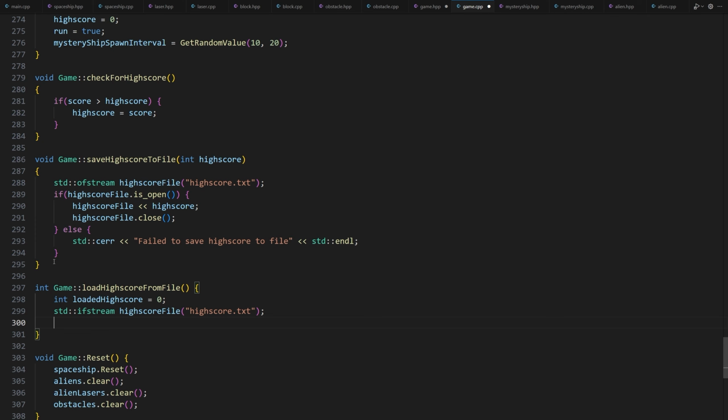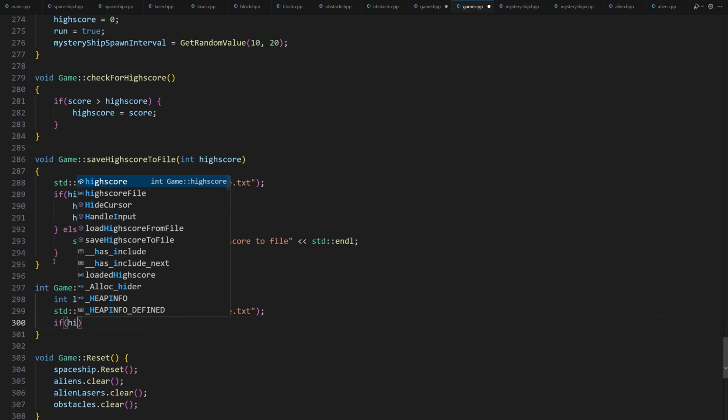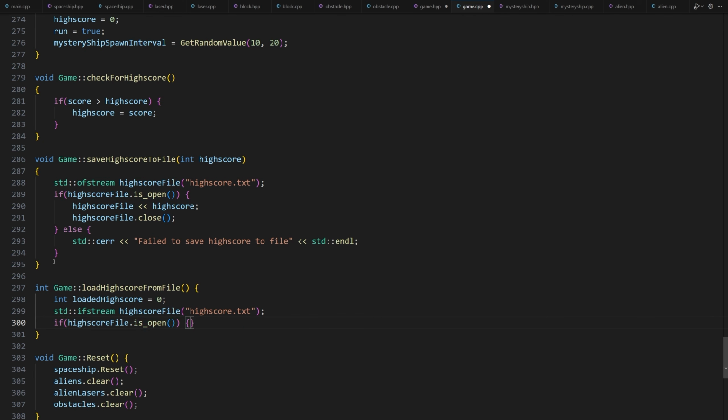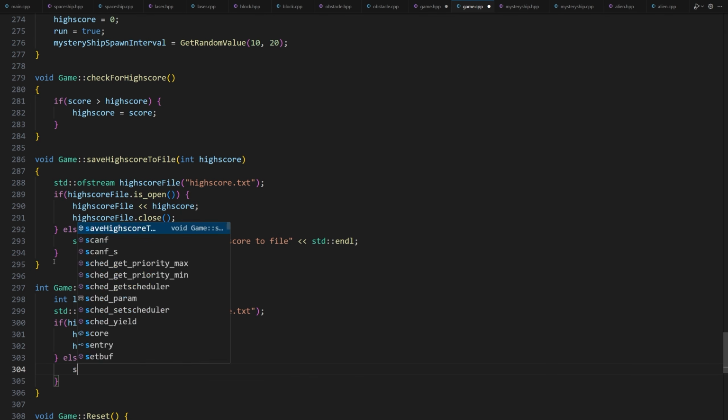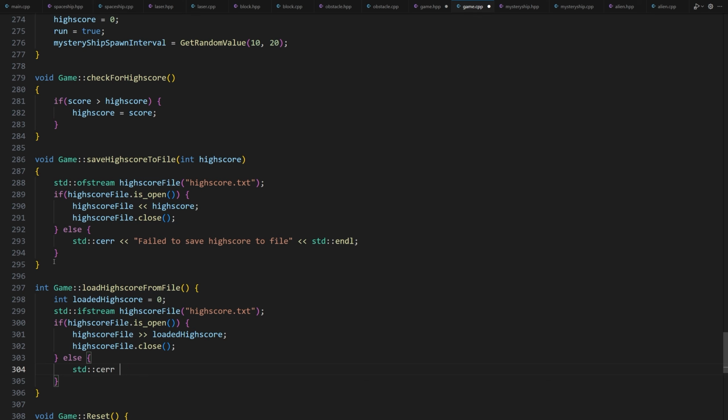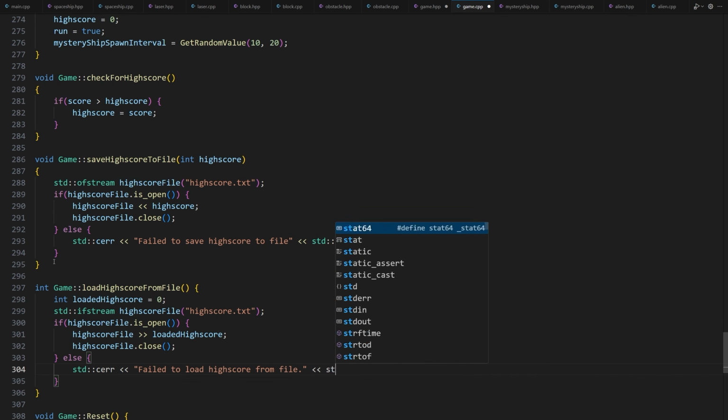Now we have to read from the file. if (highscoreFile.is_open()) { highscoreFile >> loadedHighScore; highscoreFile.close(); } else { std::cerr << "Failed to load highscore from file" << std::endl; }